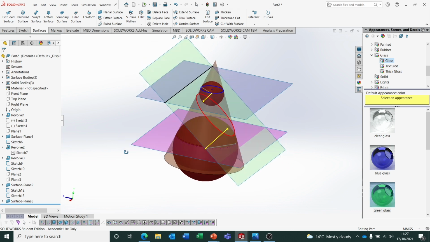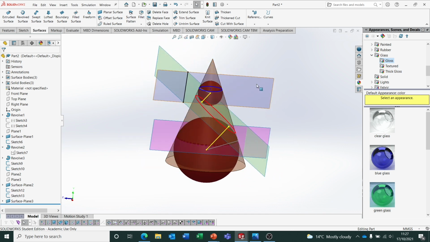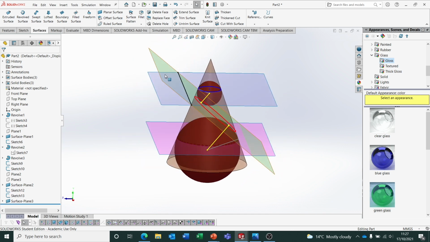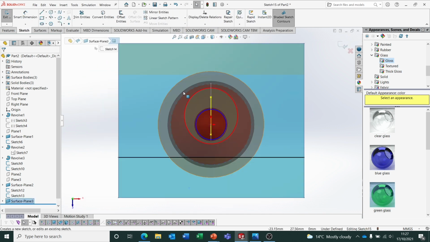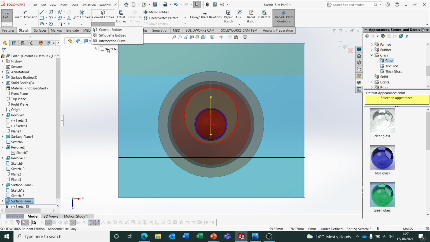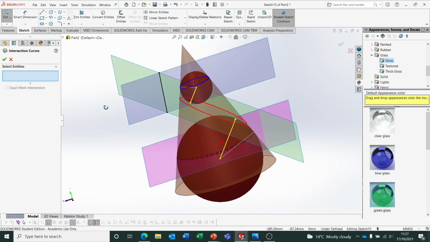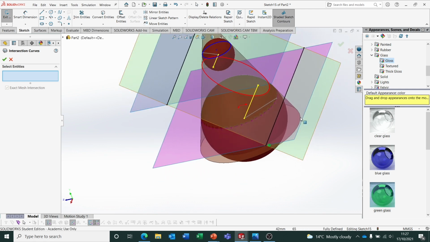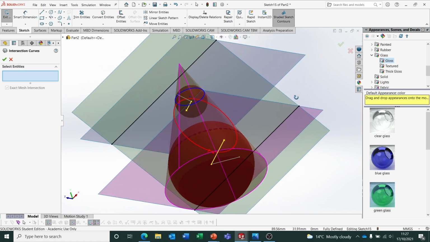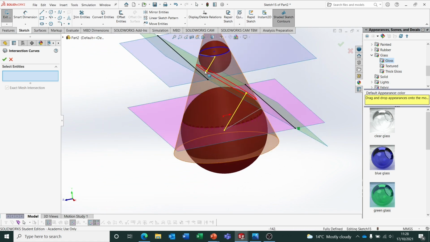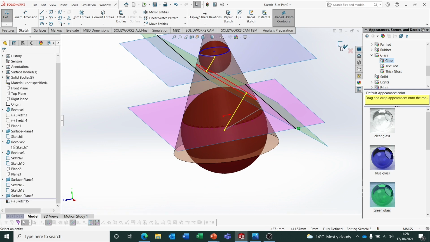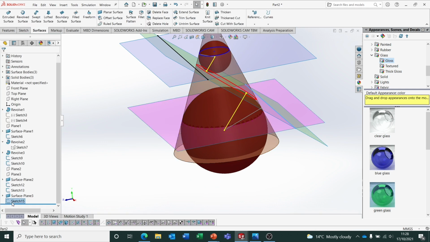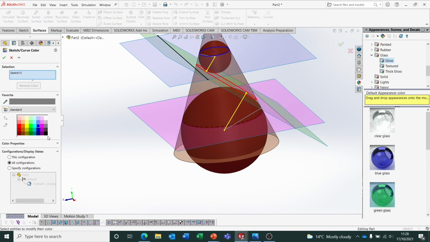So now we have 3 planes, 2 horizontal planes and our cutting plane. I'm going to start a sketch on the new horizontal plane. I'm going to go intersection curve, and I want it between that and the cutting plane, and that'll give me my other directrix. So they are equally distanced away from the ellipse on both sides. Okay, so an ellipse has 2 directrixes. We can close that sketch, and I'm going to color that black like the other one,